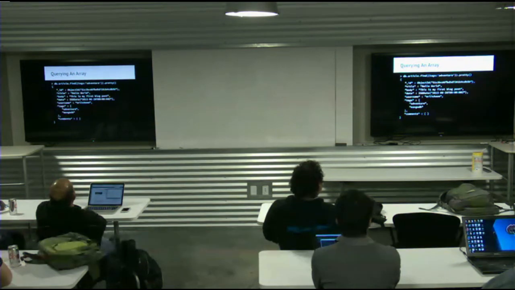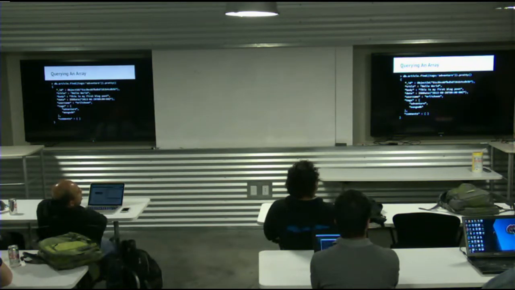Now if we want to query by the array, we're going to query across the tags field. So here all we're going to say is do a find. If you look at the components to find, and this is true of MongoDB generally, everything is JSON, right? Your data that you read and write is JSON. In fact, the way you write your queries, the way you write aggregation framework queries or pipelines, the way you do updates, all of that is really just JSON. So you're always sending in a JSON object.